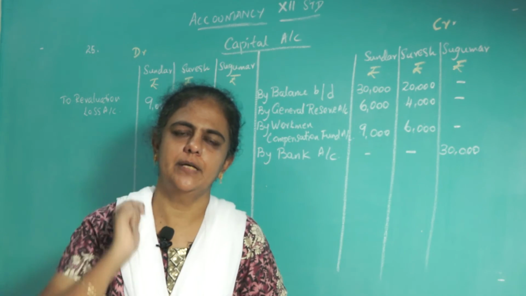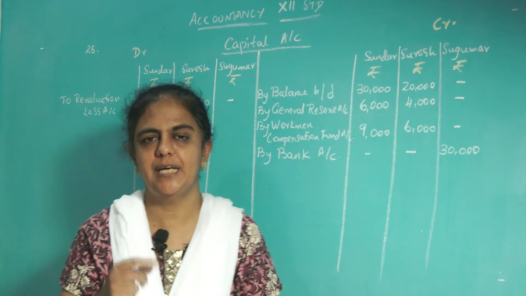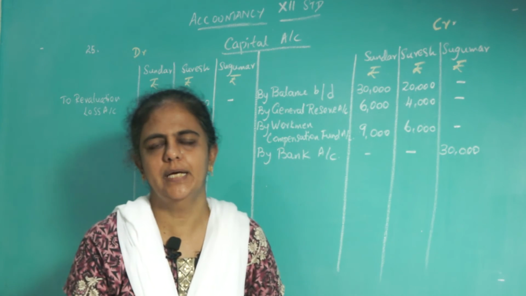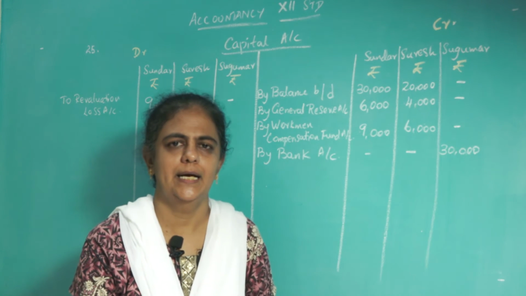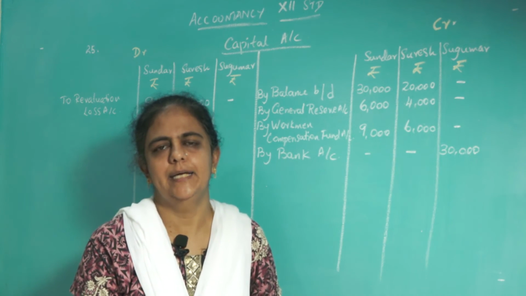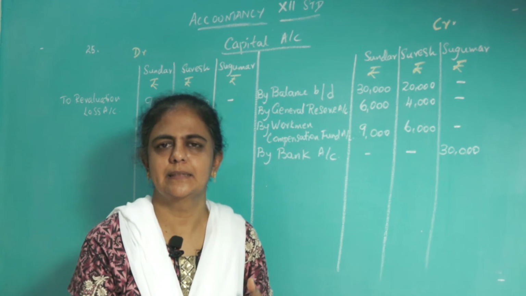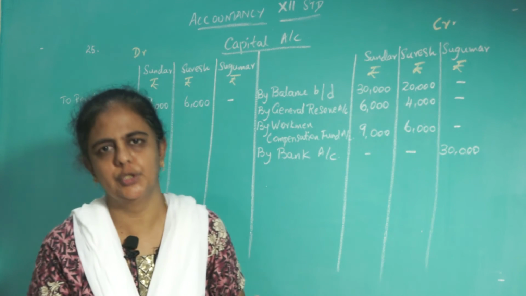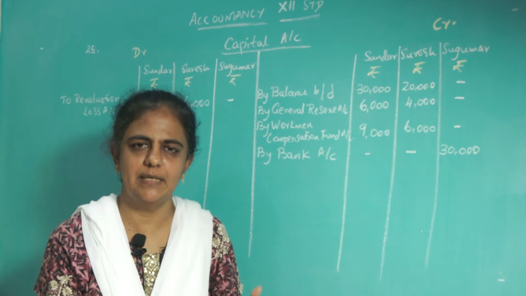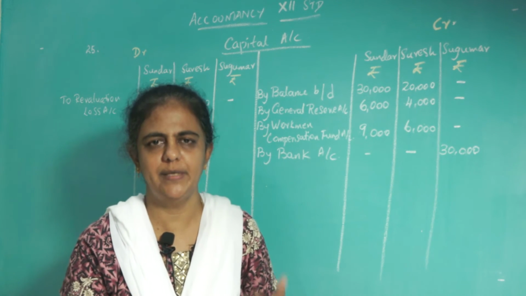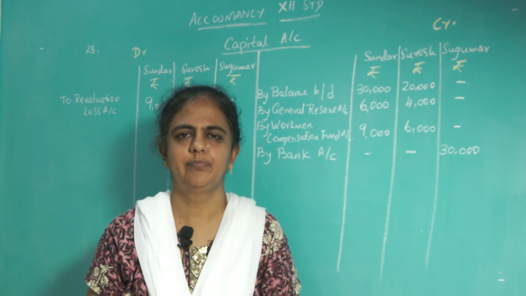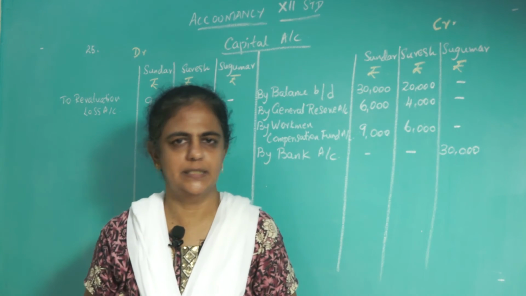Now a very important thing, one more item is given there, a share of goodwill of rupees 5,000. He is not able to bring cash. Previously we already did the adjustments for goodwill. It should be credited to the old partners' capital accounts in their old ratio. But here he is not bringing it, so whose account should be debited? The new partner's account should be debited. So what is the journal for that? Sukumar's capital account debit to Sundar's capital account and Suresh's capital account.